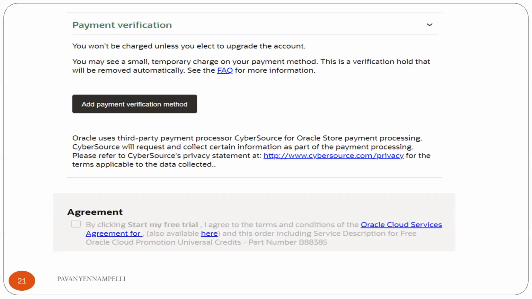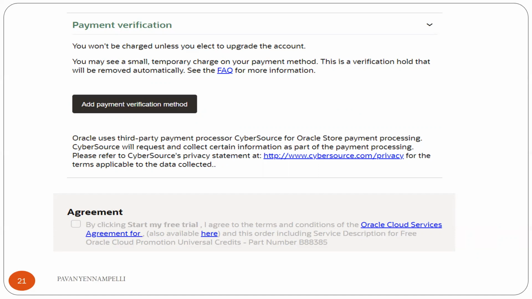This is just for a credit card validation, to check whether it is a valid credit card or not. Oracle will be charging some small amount like $1 or something like that, and it will be refunded immediately. This amount is debited and credited just to verify your payment method, and whether you have entered a valid credit card account or not.